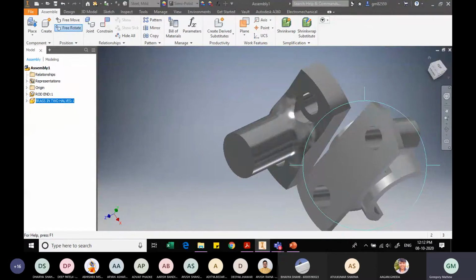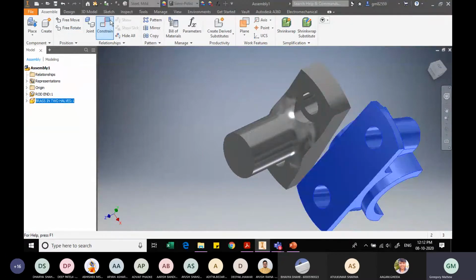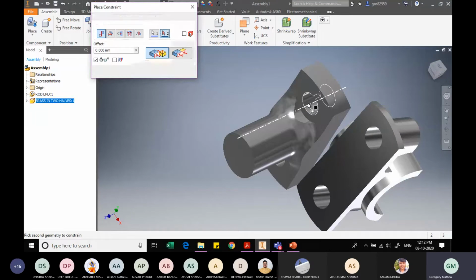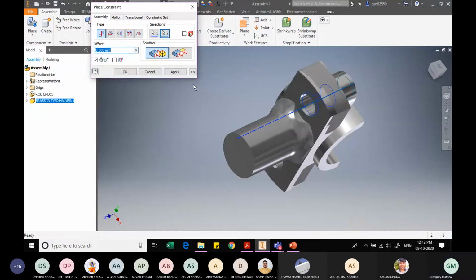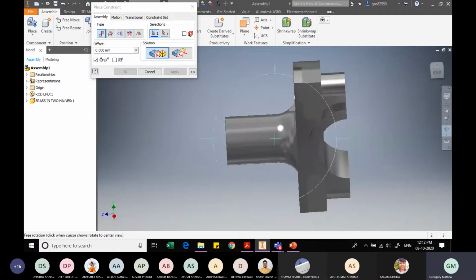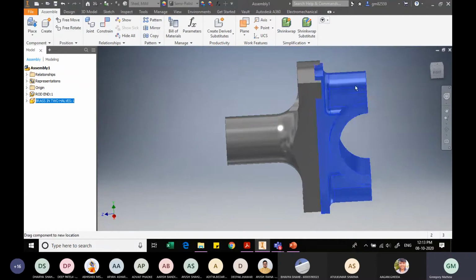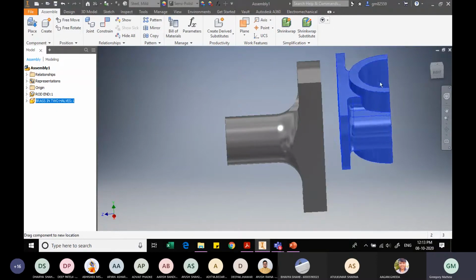Now I will use the constraint command. Let me select this axis and this axis, and I click on Apply. Let me check how it is. You see, this is not properly assigned. Wait, Escape. This is actually moving, going back and forth.